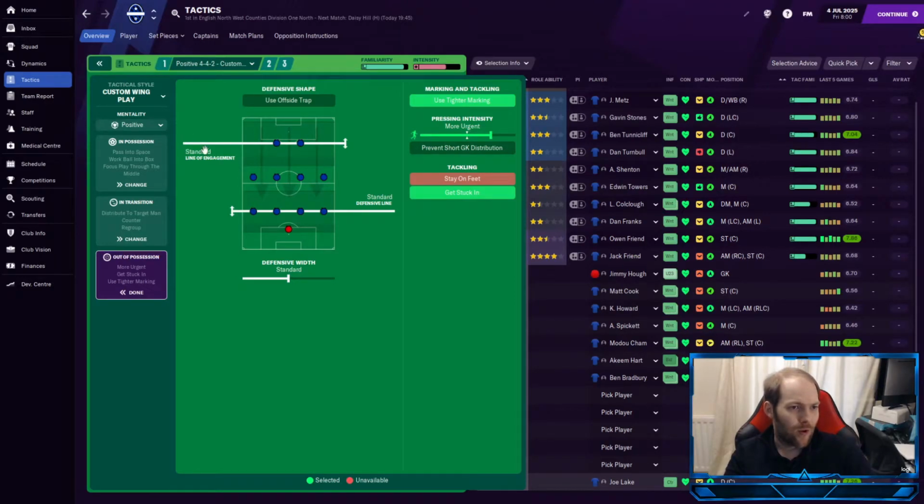Again, I've gone with standard line of engagement, standard line of defence. I'm not looking for the gegenpress. I'm just looking for solid, like to win the ball back when we can. So we do like to press urgently and get stuck in. You know, we're not going to let teams bully us off the ball. Equally, we are going to try and bully them off the ball,